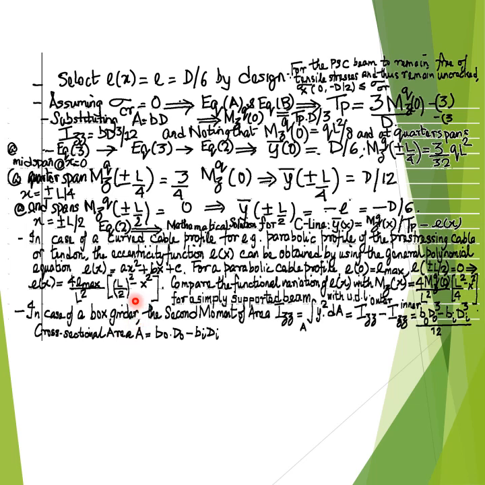In case of a box girder, that is, in case the pre-stressed concrete beam is to be fabricated as a box girder, the second moment of area, denoted as I subscript ZZ, calculated using the simple formulation based on mechanics of materials,